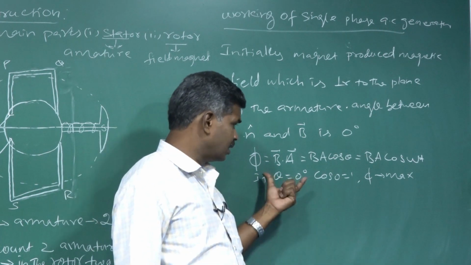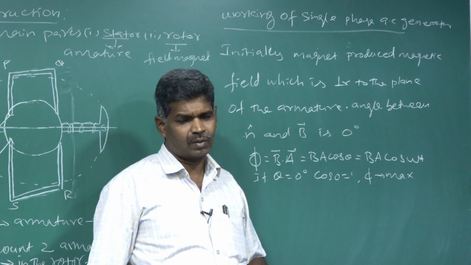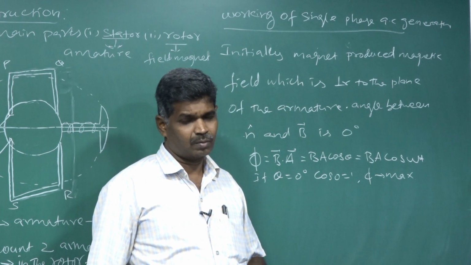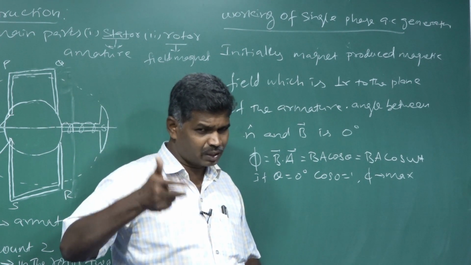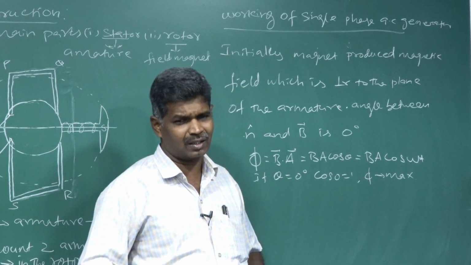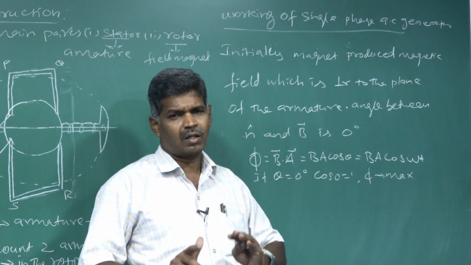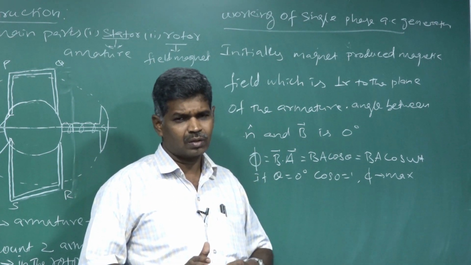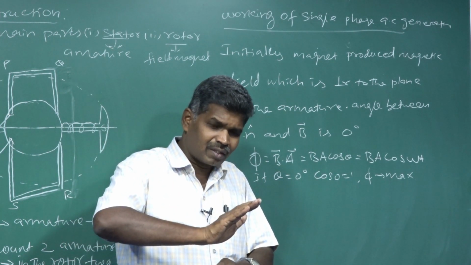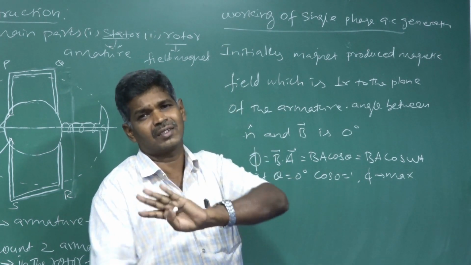So anyway, the initial flux is this. Then we are rotating that rotor. That rotor is a magnet rotated in a clockwise direction. But Fleming's right hand rule is going to be used to find the direction of the current, and there only conductor movement is taken. That's why we use a small adjustment. Even though the magnet is rotating in a clockwise rotation, we can take the conductor as rotated in the opposite direction, anti-clockwise.